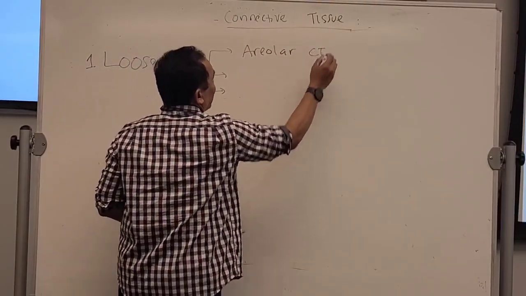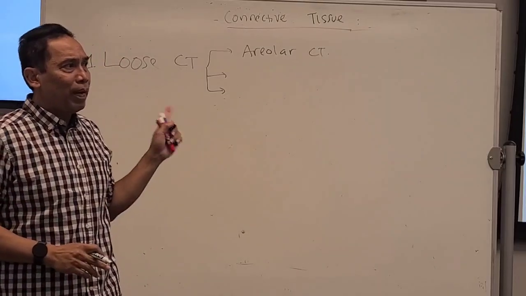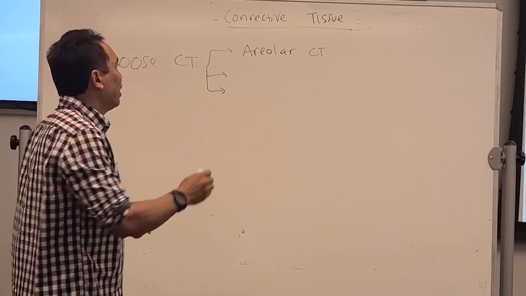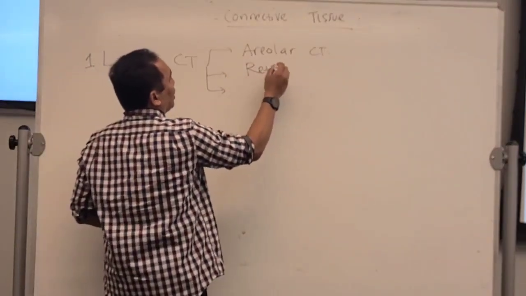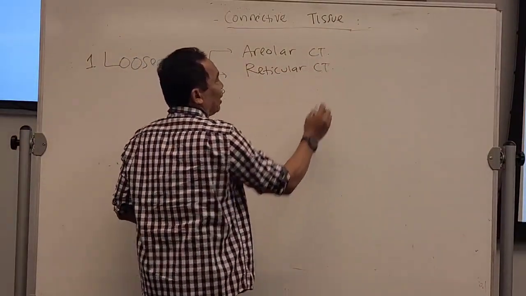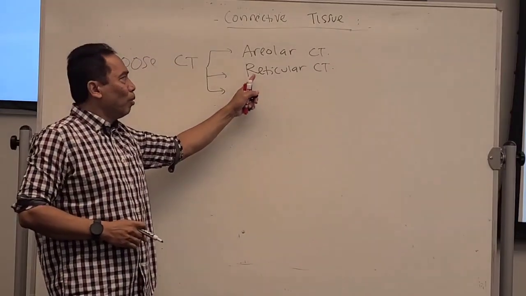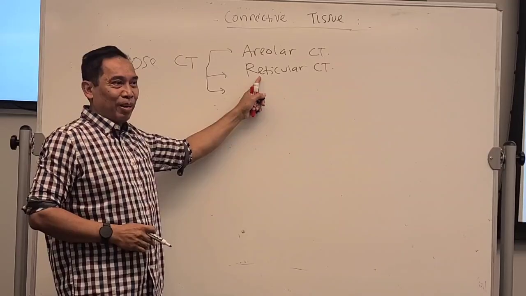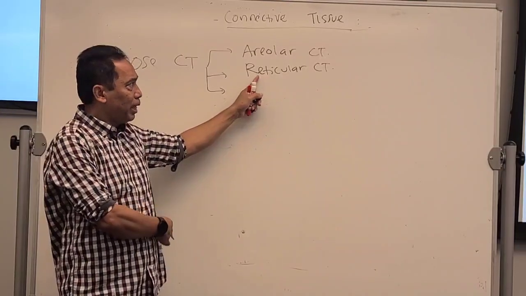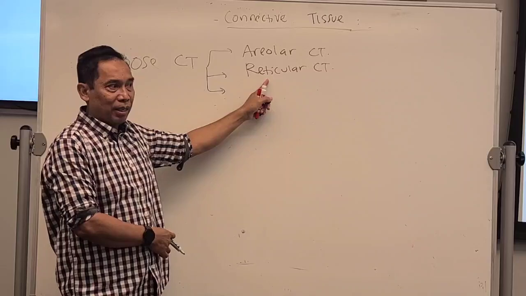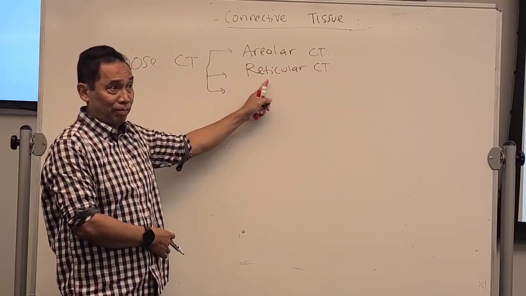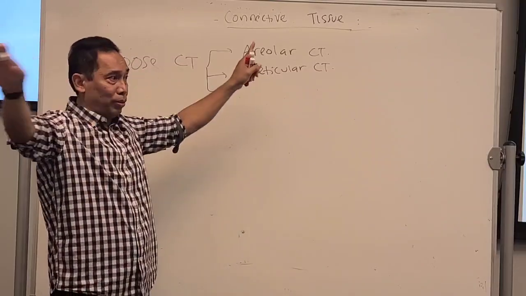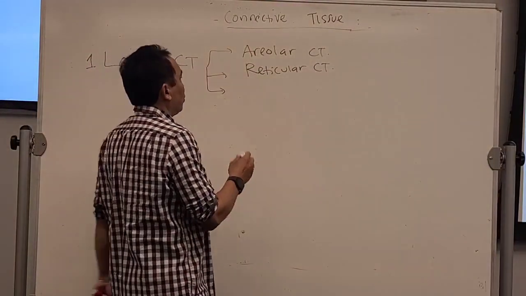connective tissue. This is actually the dermis of our skin, made of the areolar connective tissue. The second one is reticular connective tissue, and from the name, you're going to see that mostly the fiber will be what type? Reticular fiber. Mostly it is the soft organs, like our spleen, that consist of this reticular connective tissue. The fiber is mostly reticular fiber, that is loose. They're not close to one another.